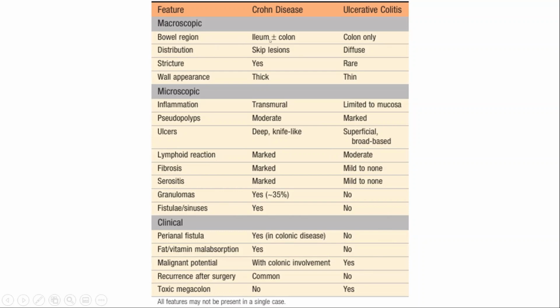Endoscopically, you can see skip lesions in Crohn's, but in ulcerative colitis, it is continuous. Stricture is more common in Crohn's disease. Microscopically, it's about the same, but granuloma is more commonly seen in Crohn's as compared to ulcerative colitis